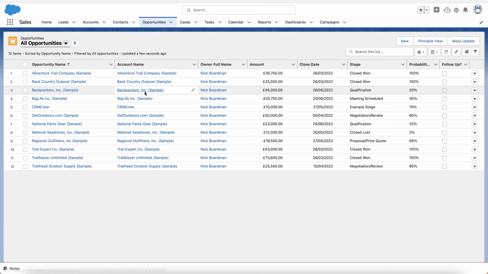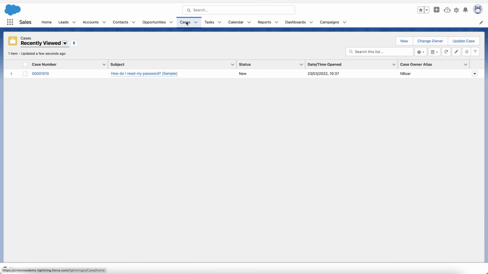So that's hopefully opportunities. Hopefully you are now familiar with opportunities inside of your Salesforce system. Now let's head over to the cases area. If we go to cases, this is essentially the case management, case resolution area of your Salesforce system. Anytime your client has a question or a problem with your product, you would create a case and then you would see it through the different stages to resolve the case as quickly and efficiently and effectively as you